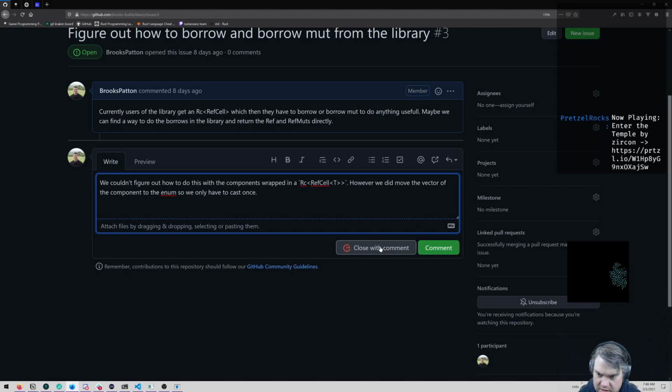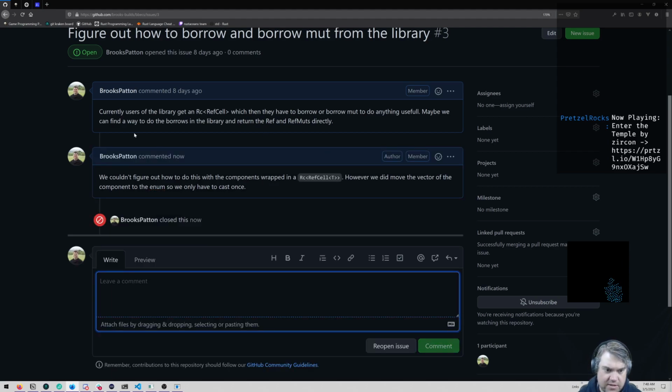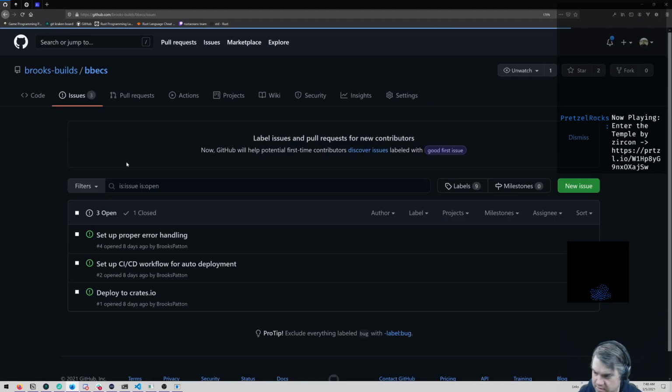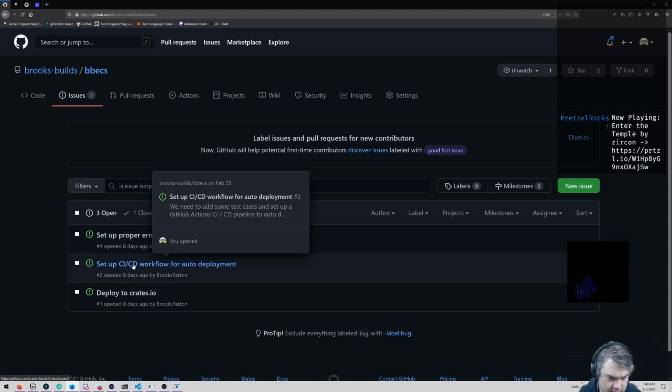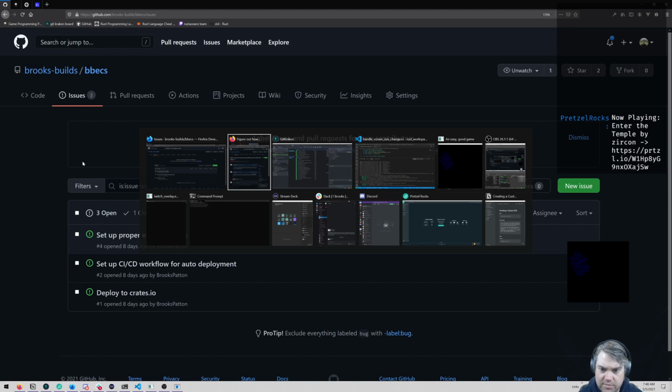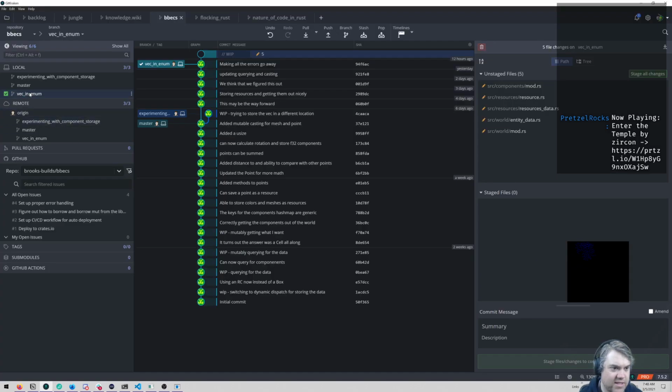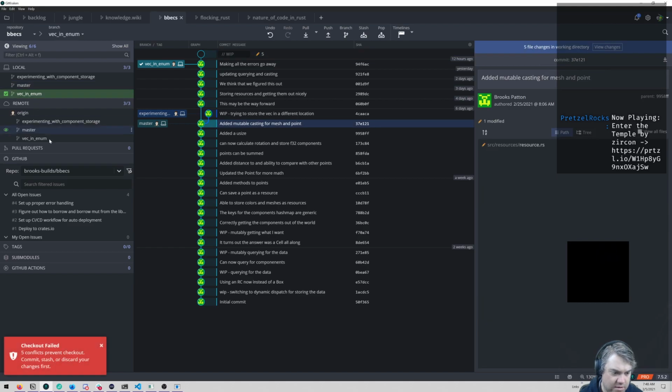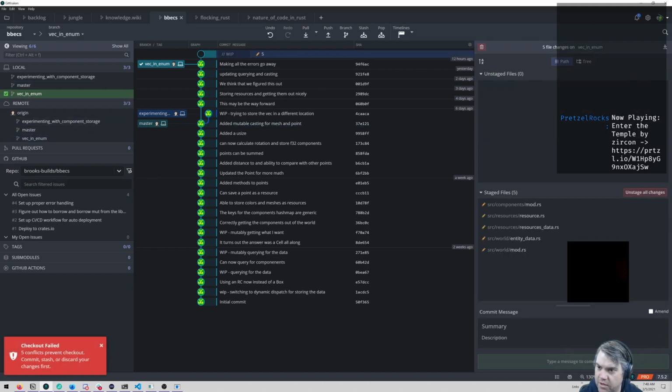So I'm gonna just close you with a comment. All right, before I forget, I should also merge this. So we're in the vec and enum. I want to, oh, we need to do all these. Okay, so what is this?